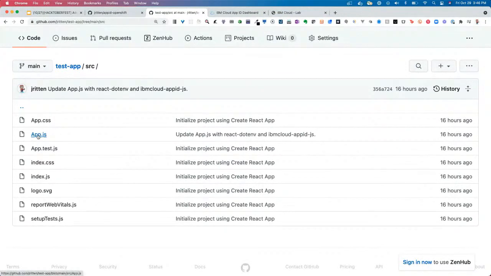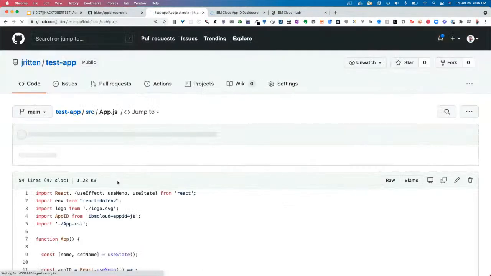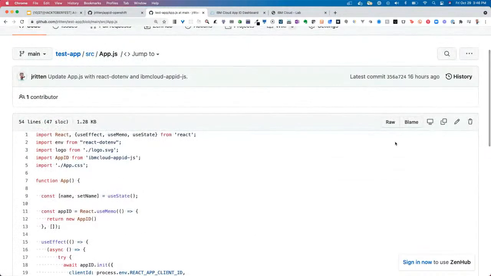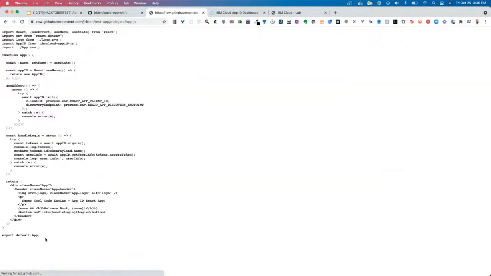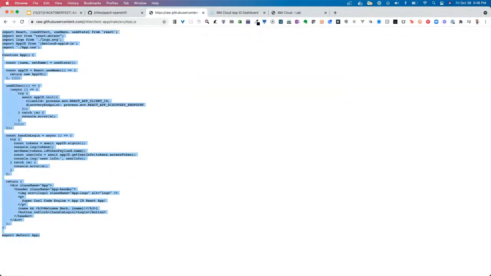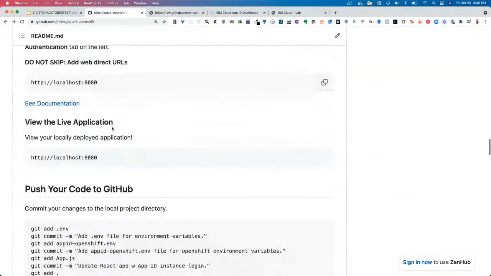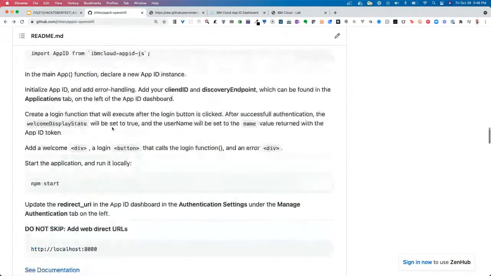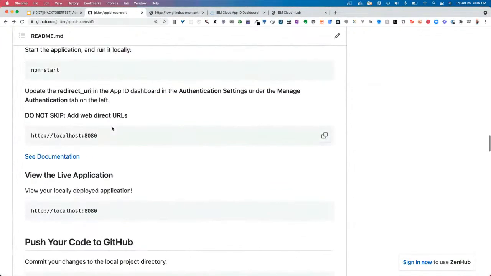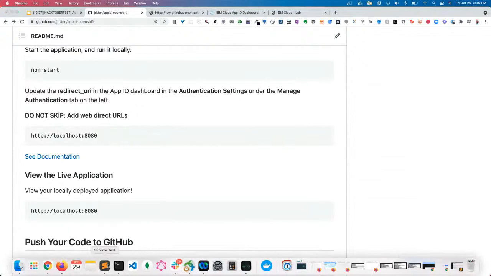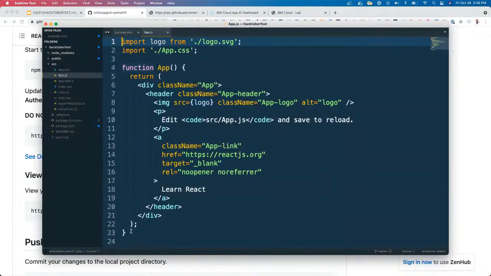You're going to click on source and the app.js file. And I'm going to just copy everything here. There we go. Okay. So here's my app.js. I'm just going to copy everything here, and I'm going to paste